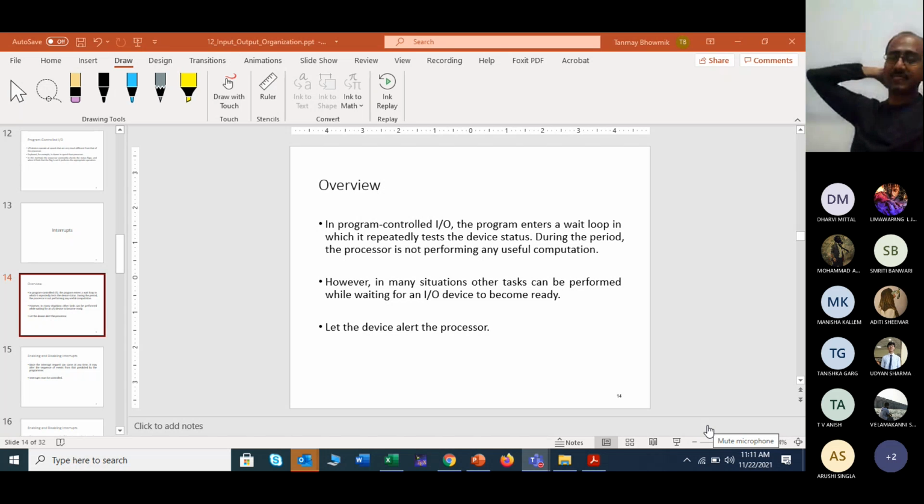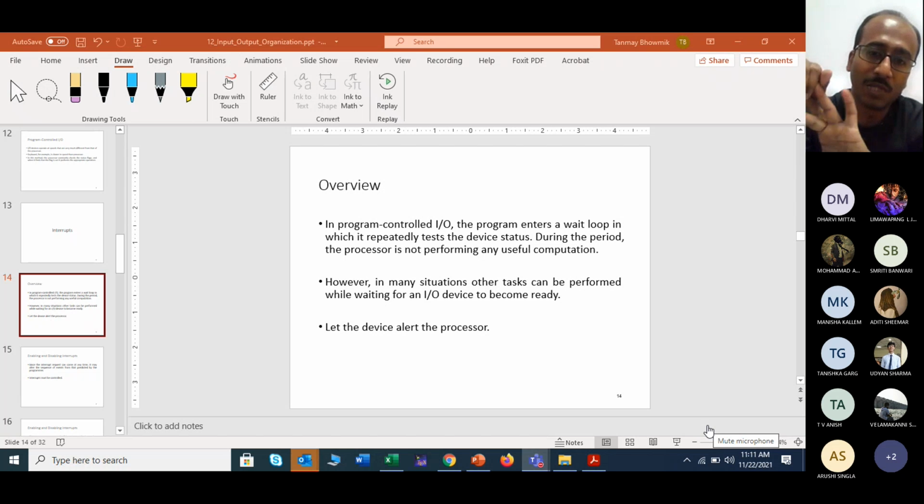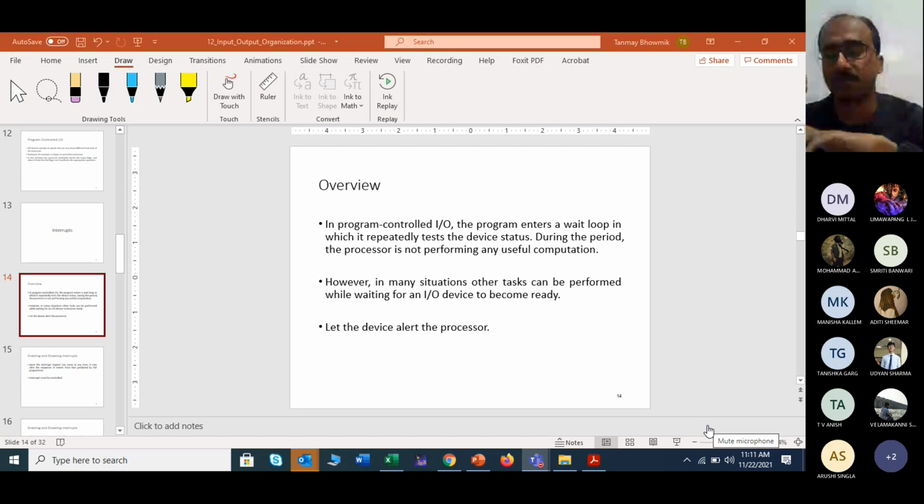Okay, so what we were discussing is that we were giving an example of when we can manage all of our tasks with interrupt. Say for example, I gave you 3 options. Maybe you have a lab assignment submission date today, a quiz has been fixed for this evening, and you have a DTI project to complete, milestone number 3 or 4, whatever it may be. So what should be the ideal solution? First, you will ask me, sir, please extend the lab assignment submission date. It is quite an easy solution, because if you ask me, I will extend it. So first you will ask, then I will extend the date.